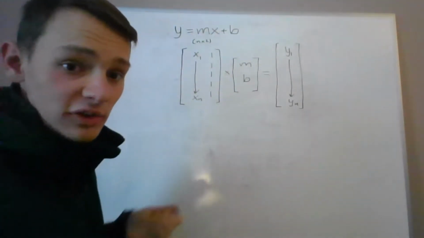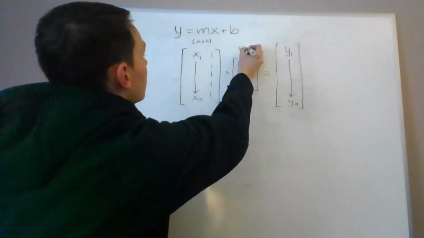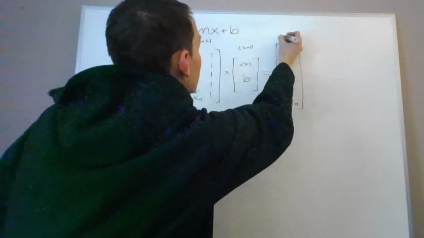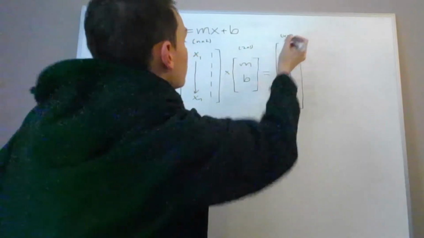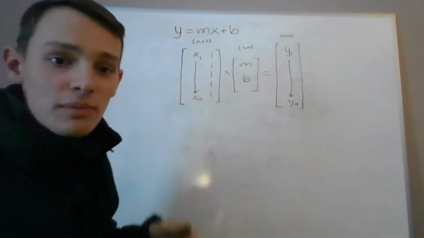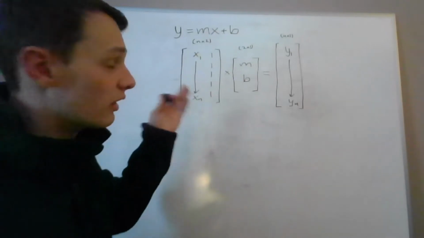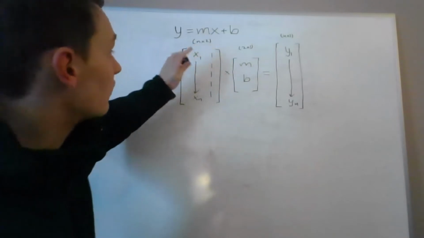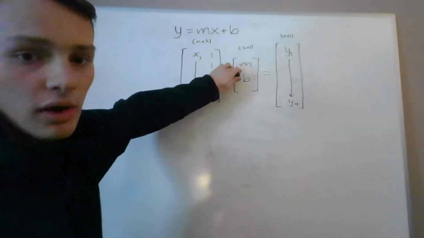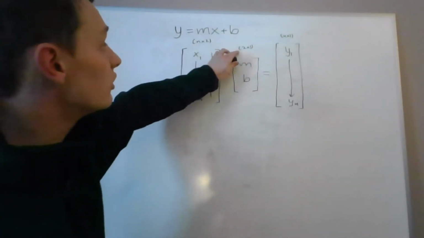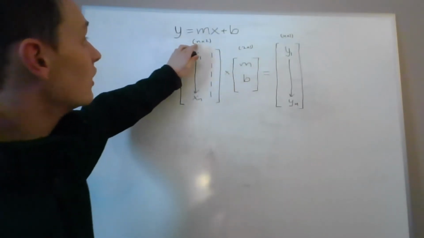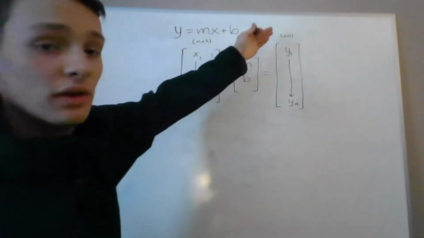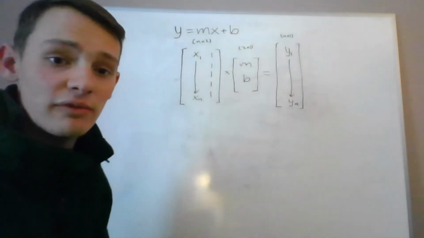Our vector of unknown coefficients, like I said before, is a 2 by 1 matrix. And our column vector of our known y values is an n by 1 matrix. And as we can see, the matrix multiplication we have set up for our linear system of equations here is valid because our inner dimensions, meaning the columns of this matrix, match the rows of this matrix, 2 and 2. And the resulting matrix is the product of our outer dimensions, n and 1, which corresponds to our column vector